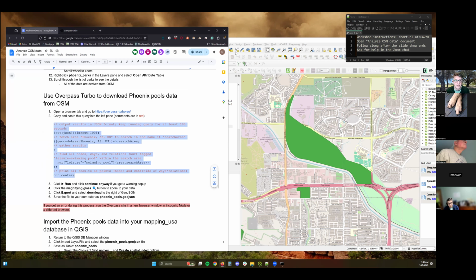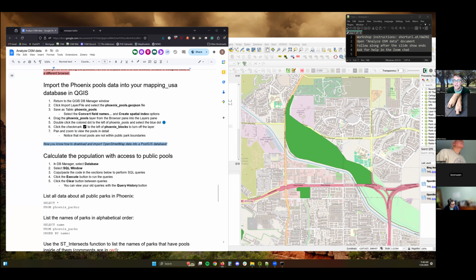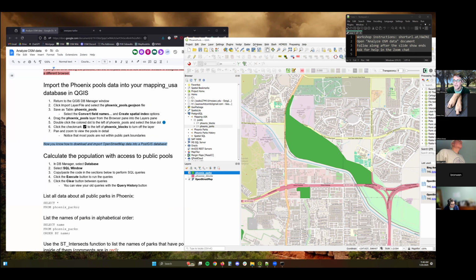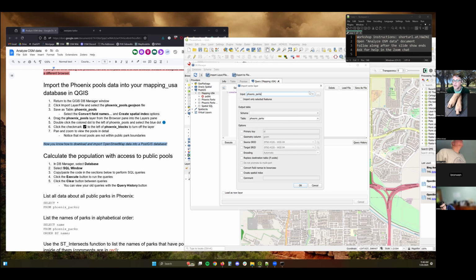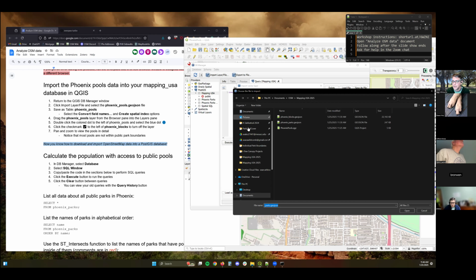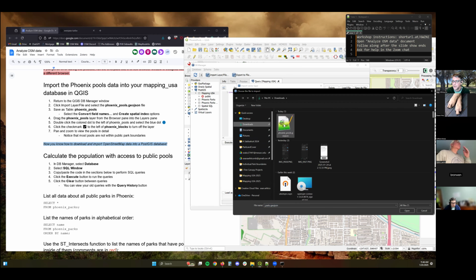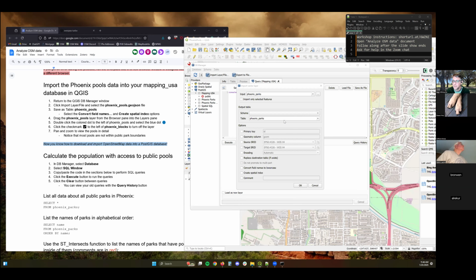now we're going to put that into our database. It's in GeoJSON format, but we are going to put it into our SQL database. So go back to the DB Manager, go to import layer file, find the data that we just downloaded, and let me see, for me, it was in my downloads folder. There we go. I'm going to input that